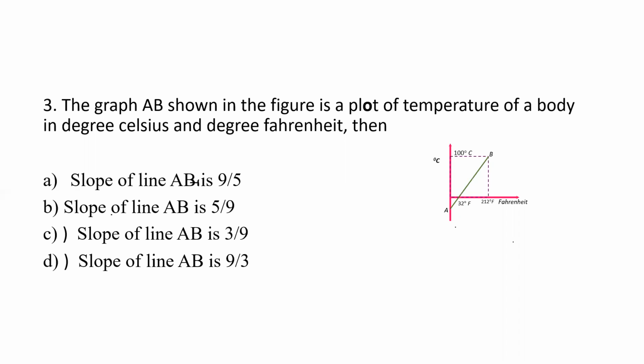So how to do this one? If you see the graph, it is the relation between Celsius and Fahrenheit scale. So we need to take the relation between Celsius and Fahrenheit scale here. From that we need to simplify. The relation between Celsius and Fahrenheit scale is given by C divided by 5 is equal to (F minus 32) divided by 9, which gives C is equal to 5 by 9